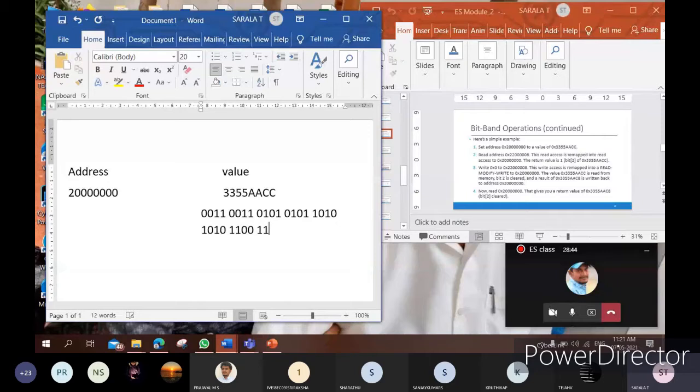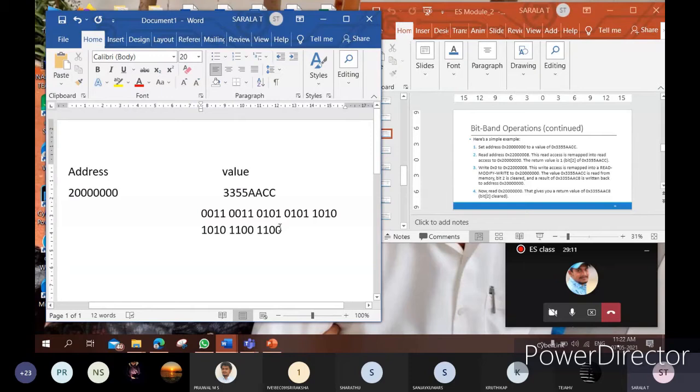In the same way, 1100. This is the representation of the 32-bit value. Actually, the value which is stored in this address is in this format. To make it easy for you to understand, they have represented it in hexadecimal format. That's it. Actually 32-bit storage is in this format.